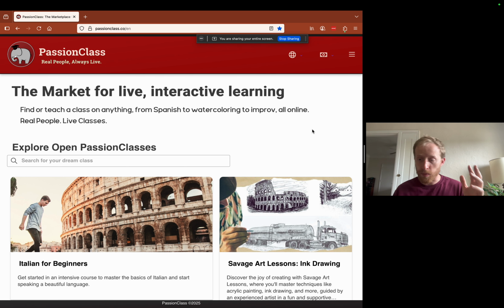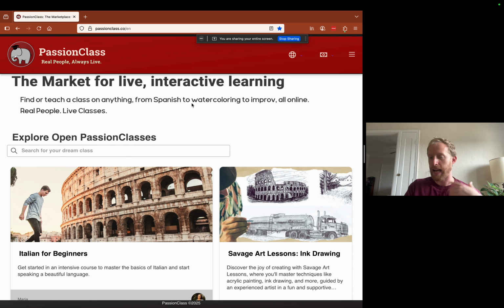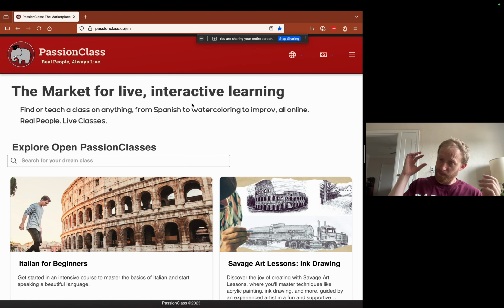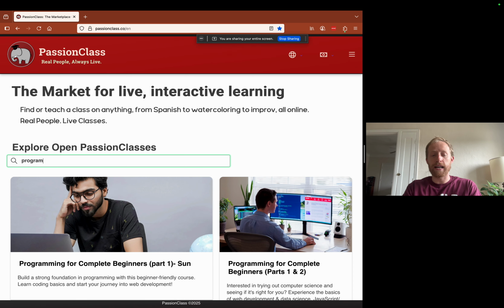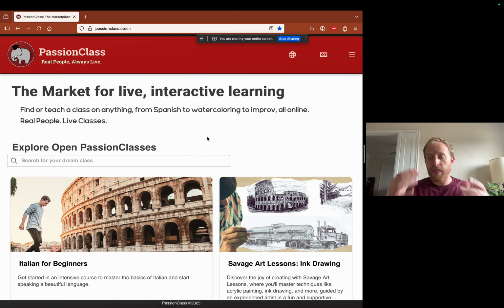And so the reason people ask whether HTML is a language, and a lot of developers would say it's not really a language, is because what HTML does is tell the computer, in a language style, what I want a website to look like. Can you guys see my screen? Yes. Okay. I want it to have a red bar up here. I want this text to be here in the middle. I want next to the Passion Class text this logo here. I want there to be an input box where I can search for programming classes. Blah blah blah.